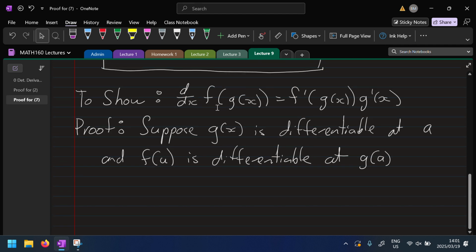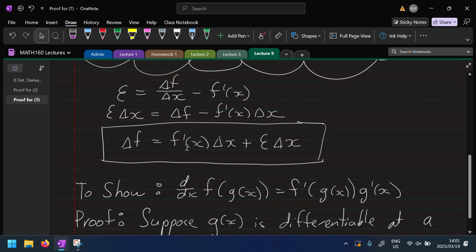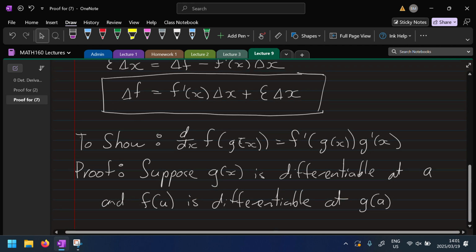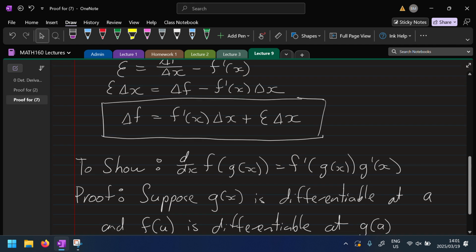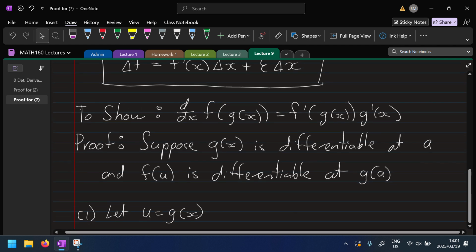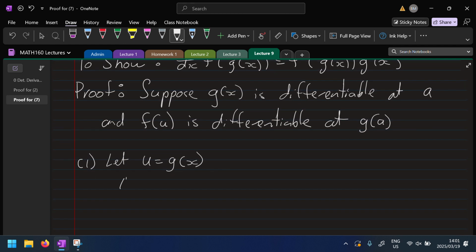Now for f and g, we're going to use this box equation here, so we end up with equation 1. Let u equal g of x, which makes things a little bit easier. So we're going to use this box equation: delta f is f prime at x, delta x plus epsilon delta x. So delta u is going to be equal to g